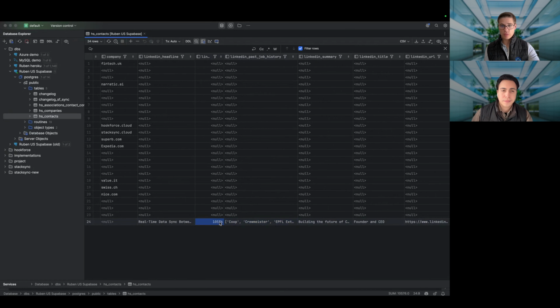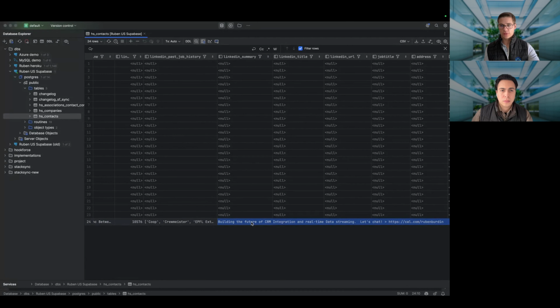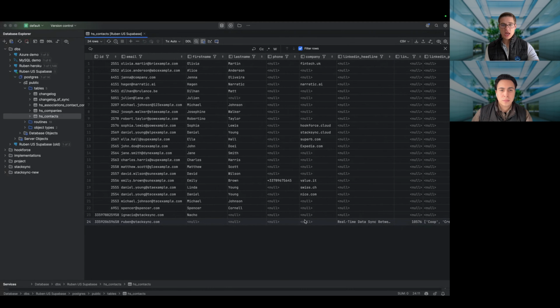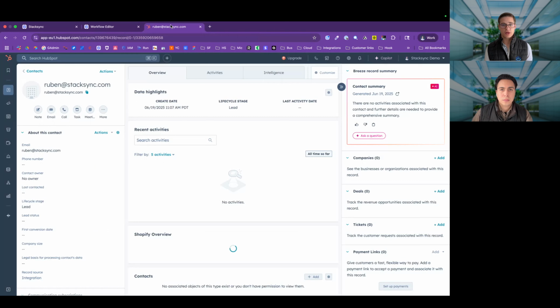So I can see, okay, Ruben has 10,000 connections right now. We have "building the future of CRM integration." You can see my headline. You can see my LinkedIn profile. You can see I'm founder and CEO of the company. You can see all of this. And so now basically this is a programmatic way to do this. So now if I go to my HubSpot, like I can see,